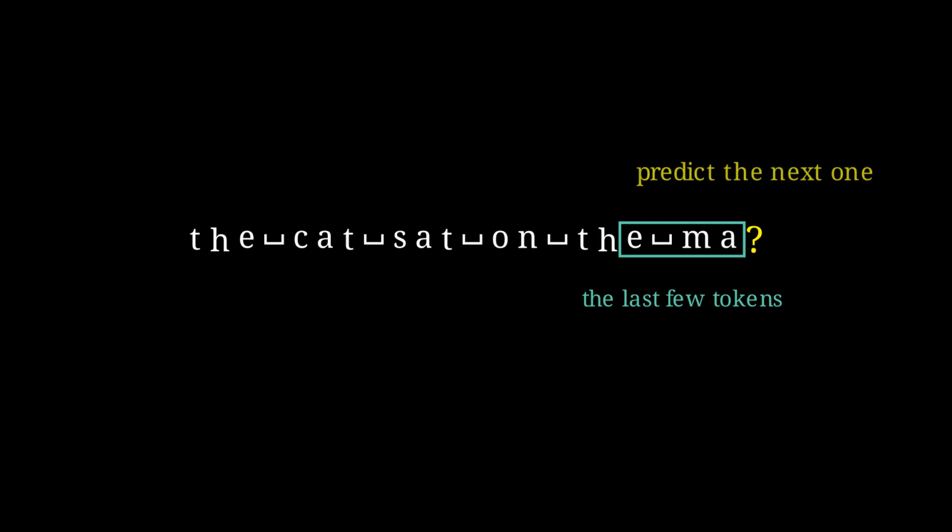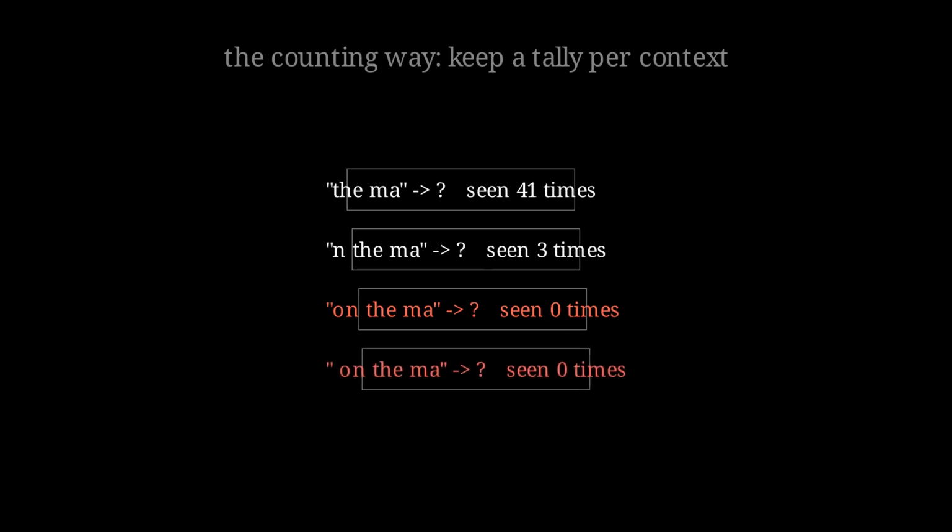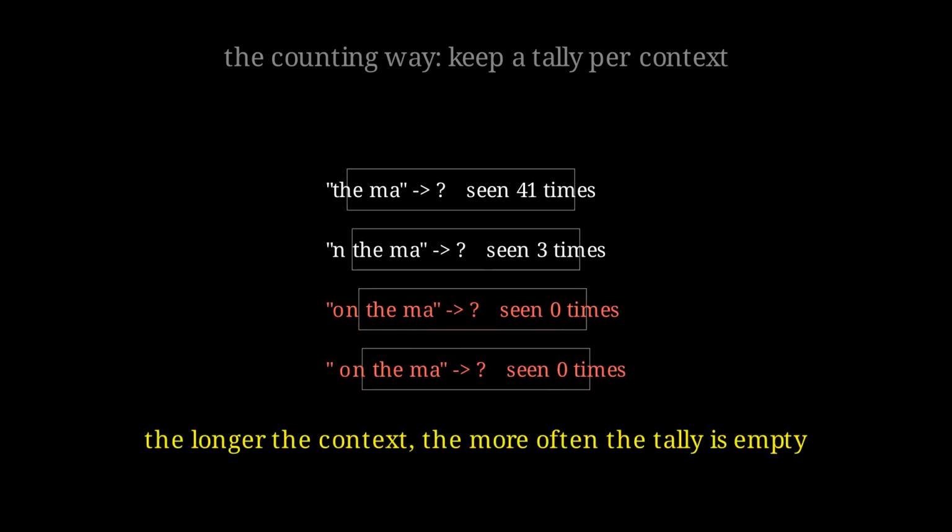Nothing about this is new to you. We have a network that turns an input into a distribution and learns from its own gradient. The only question is how we hand a few tokens of text to a network that only understands numbers. The oldest answer is to count. Walk through a big pile of text, and for every context you see, keep a tally of what followed it. To predict, you look up the current context and read off the counts.